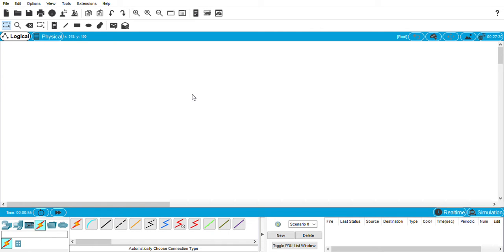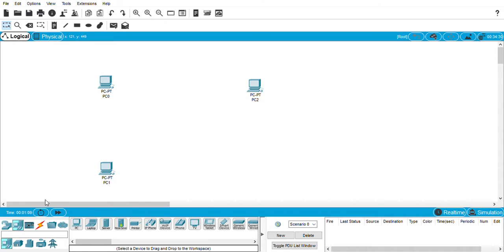That is the major concept of mesh topology. We will see how to set this up in Packet Tracer. Go to this end device. Just drag and drop 4 or 5 devices of your choice.